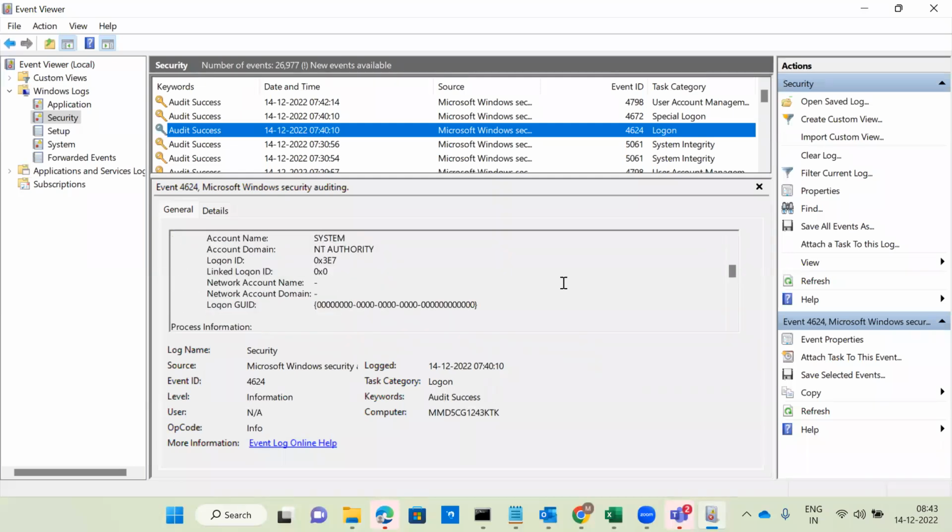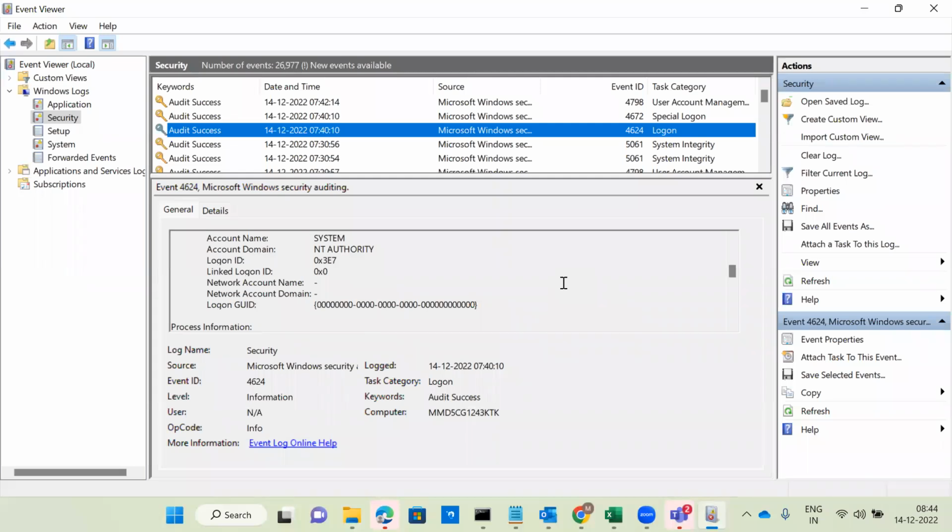Whatever I just logged into my system with, the type of the log is the Windows logon type. There are 9 to 10 types we have. You know only one logon type. What is the one logon type you know? Entering the username and password and clicking on the login button. That is the only one you know, right? Not only you, just you, me, and everybody in the organization know only one login type. But we have type 0 to type 9 or type 10 login types.